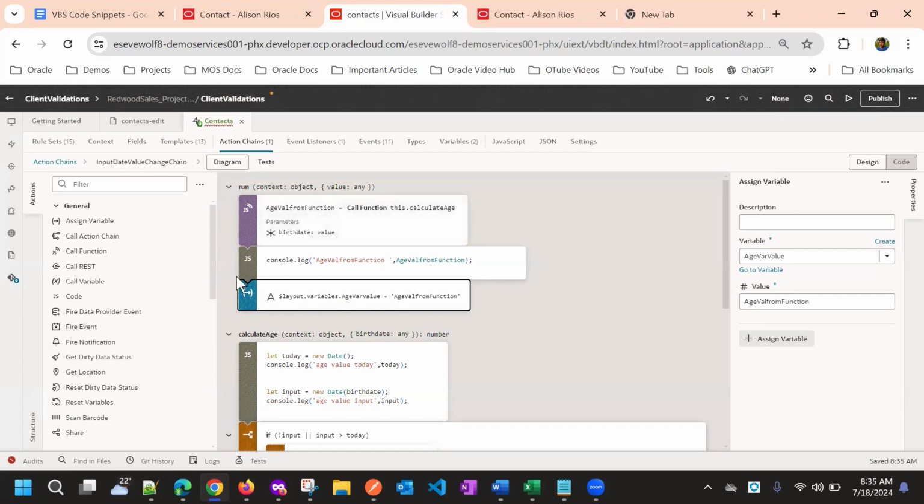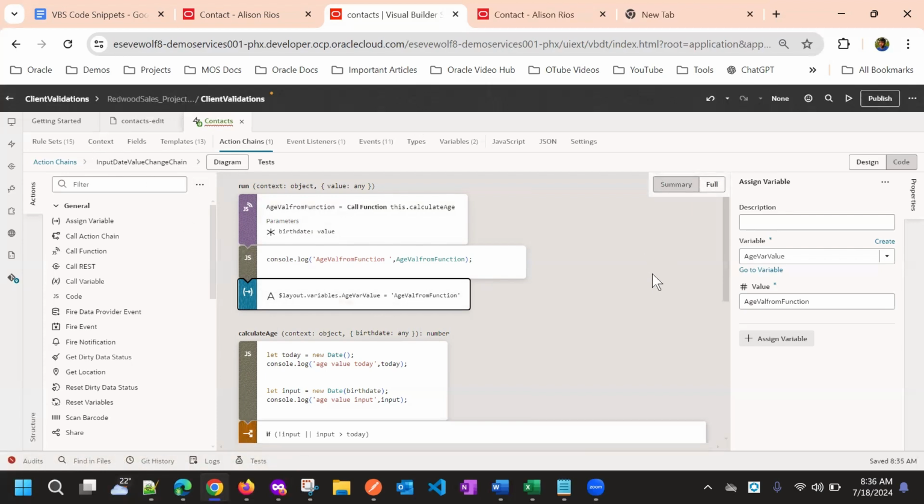It will not be available for the entire page. But we will use this same page variable in other templates as well. So that's why we just added this to this page variable. Okay, so now it is done